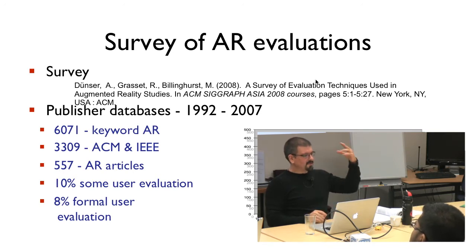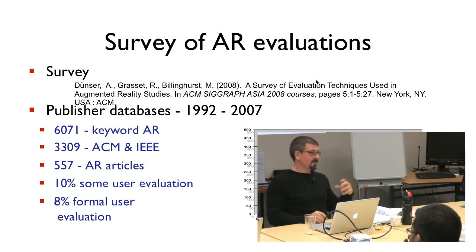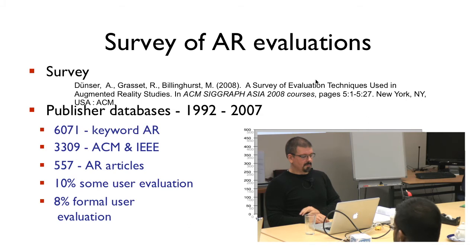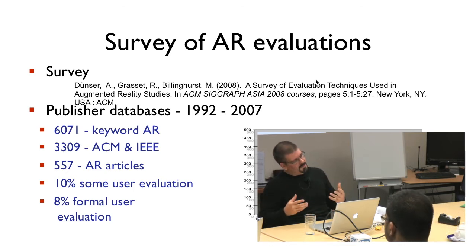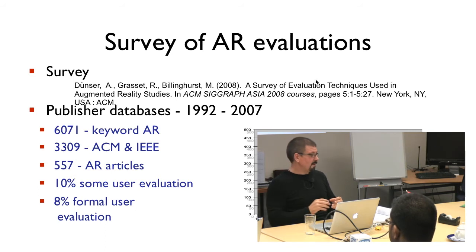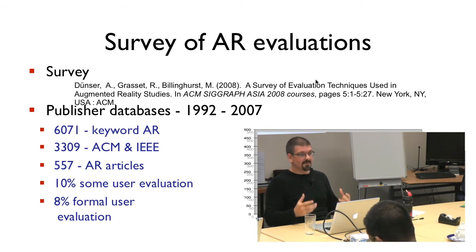And then we went through different filtering stages. We did another keyword search on evaluation papers within those augmented reality papers, and we found around 500 articles that could be classified as augmented reality research papers that have an evaluation component. Sometimes you find papers that just talk about technology developments, but we were interested in papers where the interfaces were actually evaluated somehow.